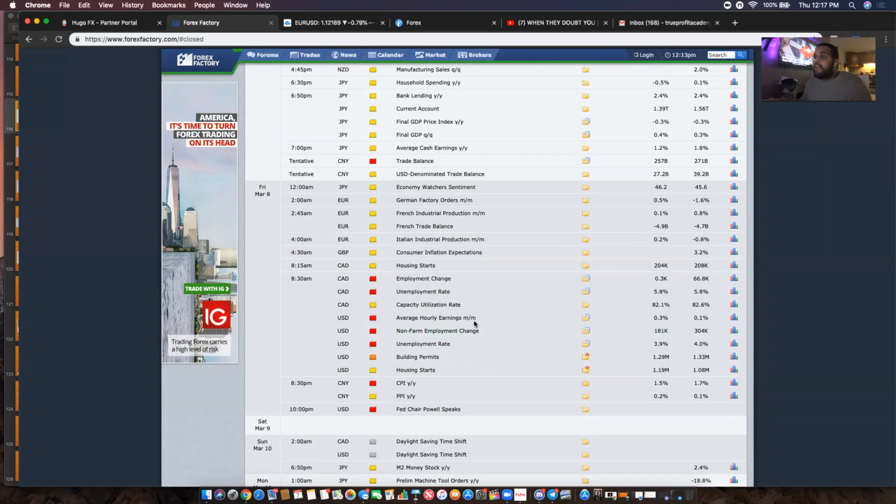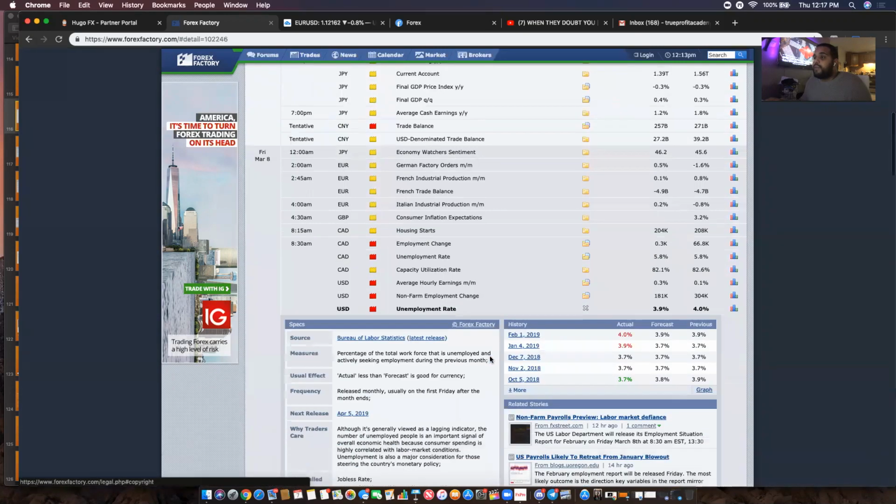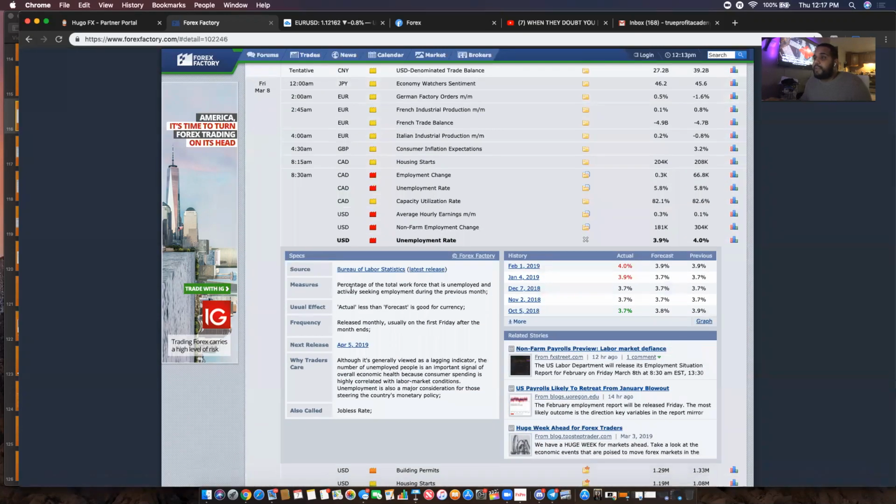So we have a lot of different reports that come into play. For instance, the unemployment rate, right? We click on for more details. The unemployment rate is the percentage of total workforce that is unemployed and actively seeking employment during the previous month. So every month, these numbers are reported. Last month, you can see here what happened last month. The number came out greater than the forecasted